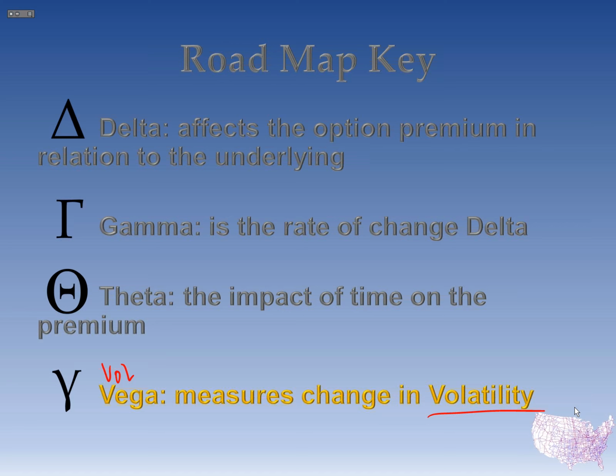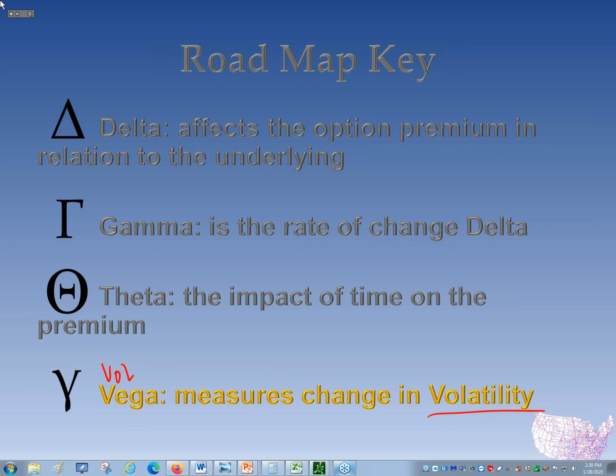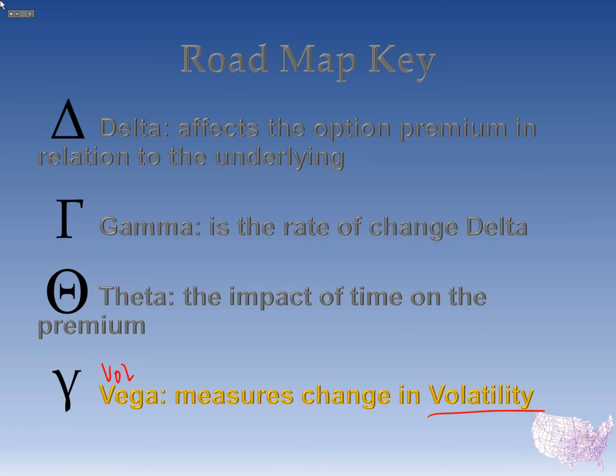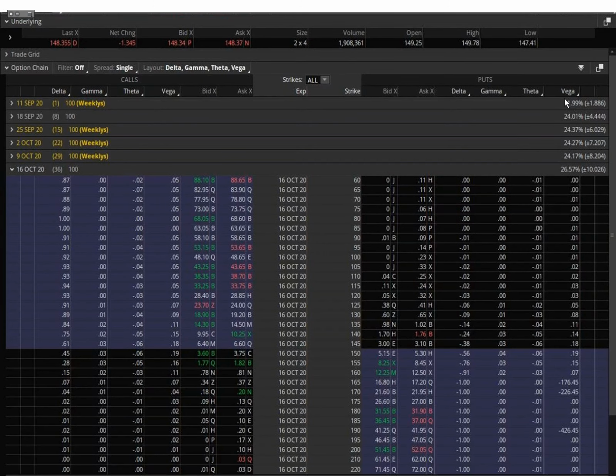But Vega is volatility. And it affects the premium for every 1 percentage point move in that underlying. I'm going to have to use this. Oops. Here we go. We'll use this. All right. So Vega is right here. All Vega is implied volatility. All right. It's implied volatility. So I'm going to come back with that. I'll be referring to it back and forth.